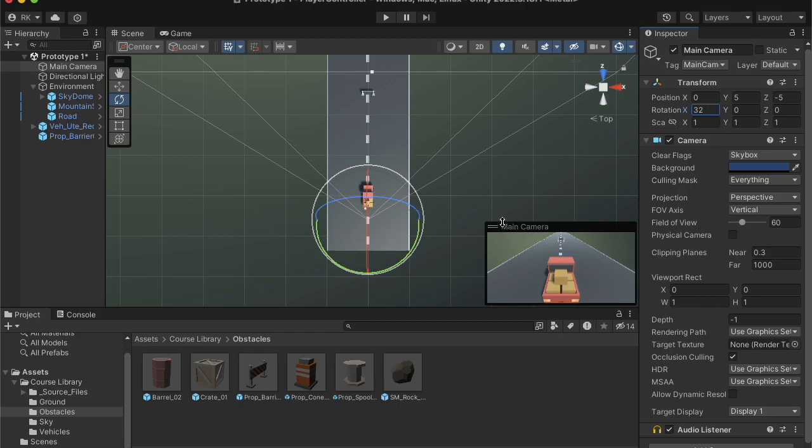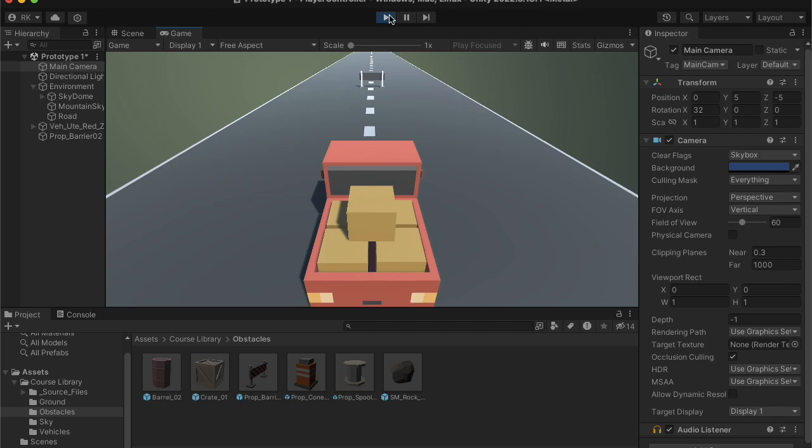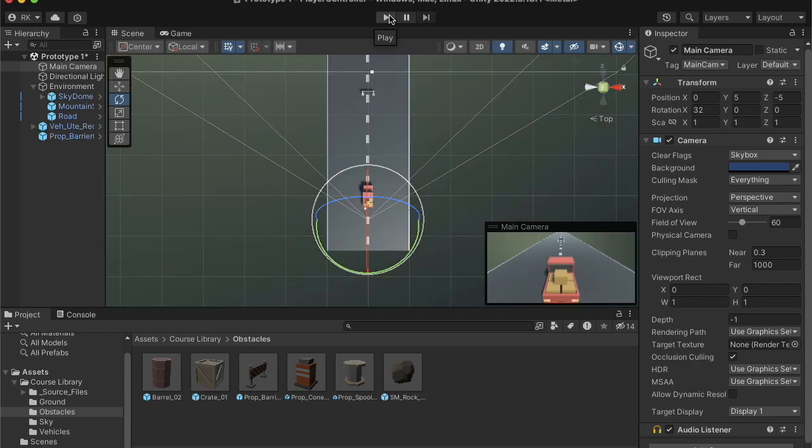So, yeah, so now if you press the play button, you will see the vehicle from behind. Okay, correct view. This is what we want. Okay, now